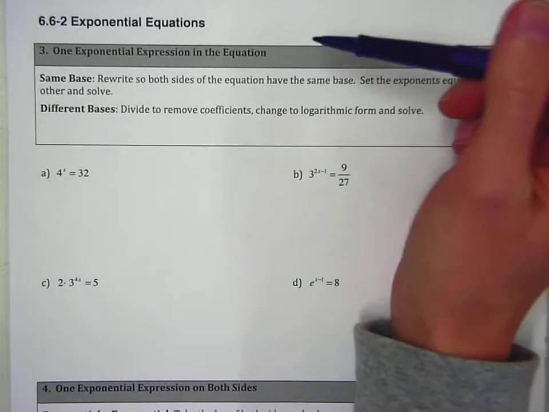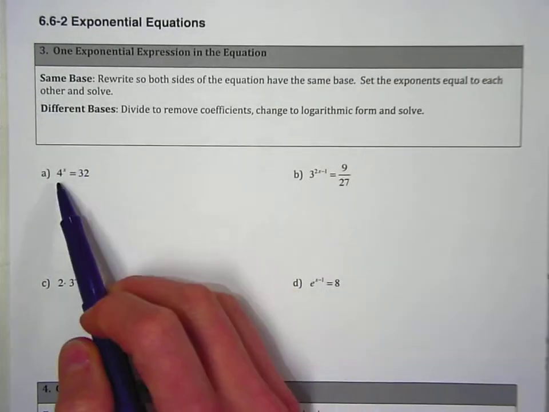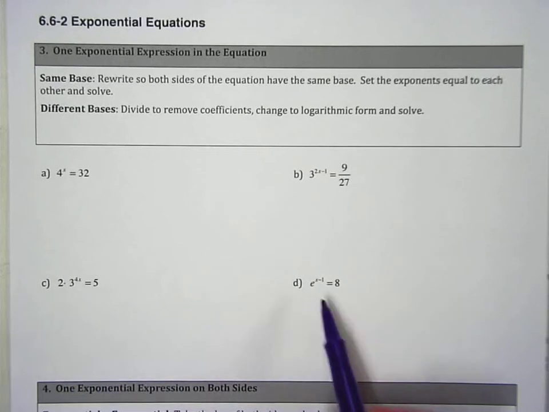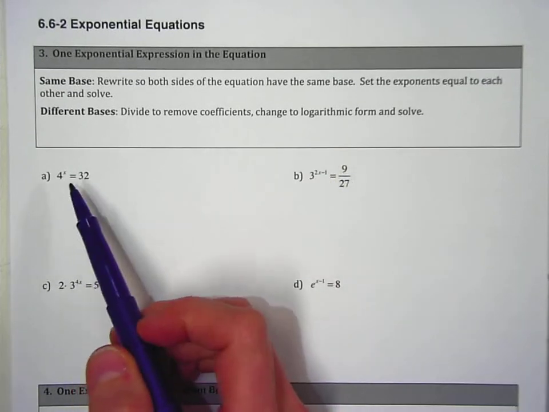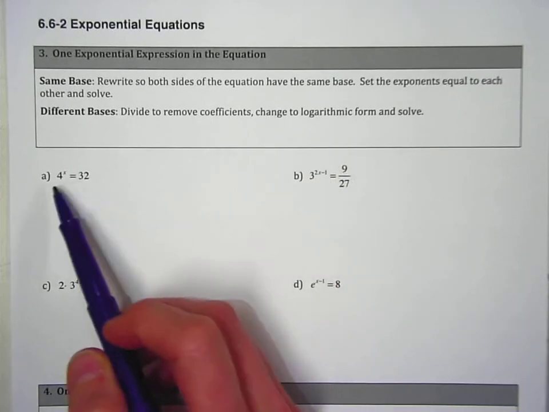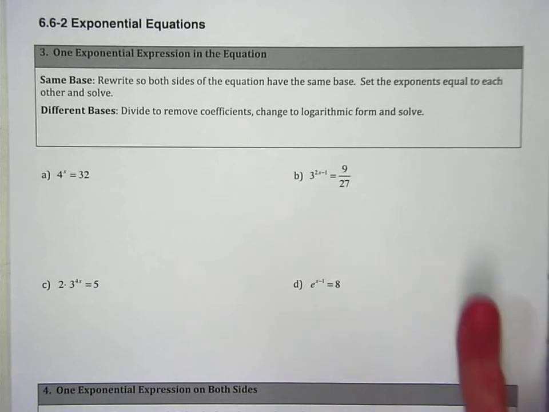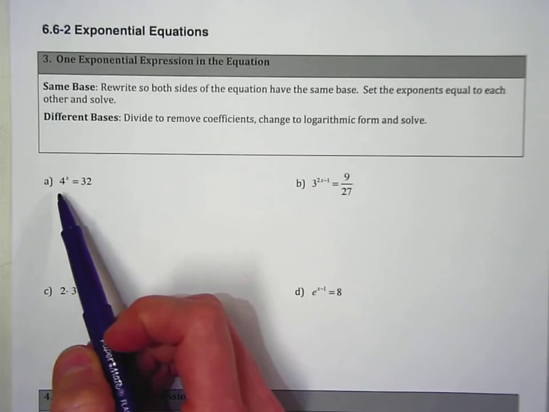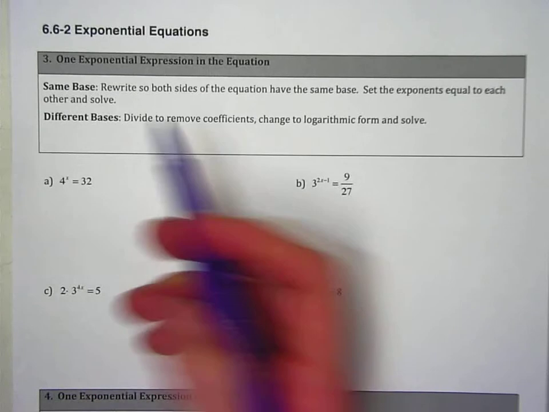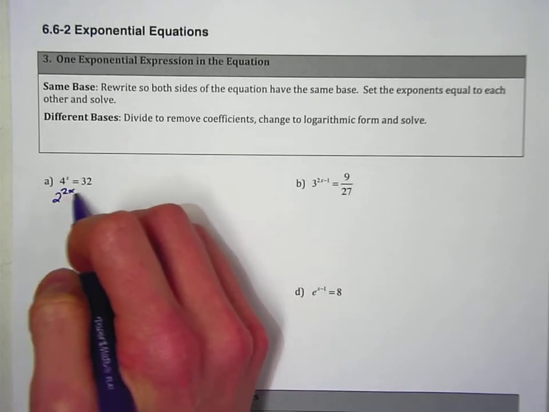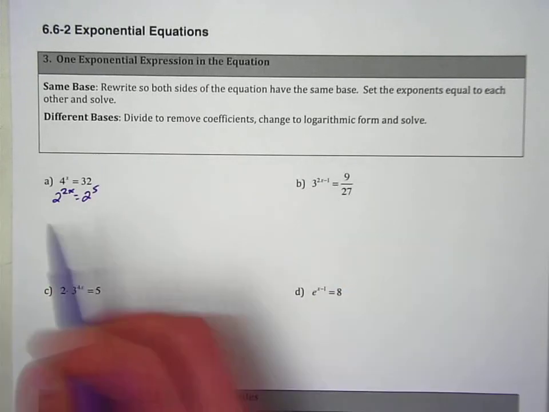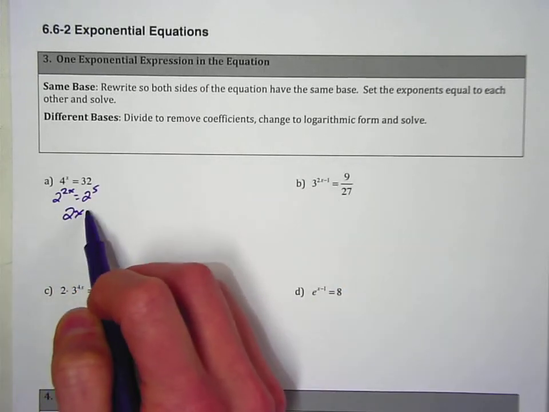Anytime that you only have an exponential expression on one side of your equation, what you're going to want to do is try to rewrite both sides so that they have the same base. So that's what you're kind of checking for. So for A here, we have 4 and 32, but we know that 4 is 2 squared, so that's 2 to the 2x equals 2 to the 5th, and then we know that we can set these equal, so x